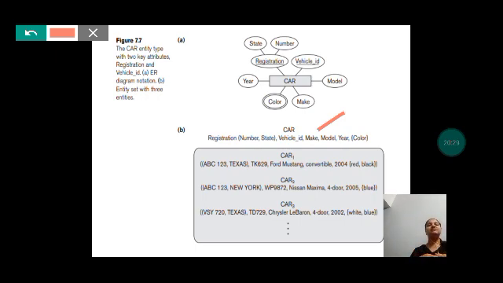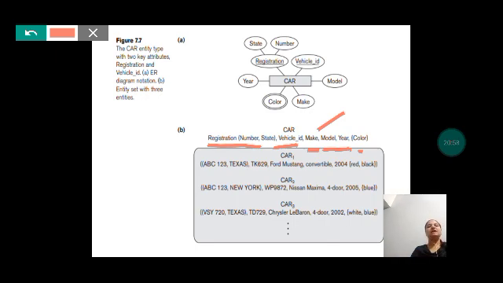So entity type is nothing but a schema or extension which describes the type of data that you can store in it. You can store a registration number for each and every car, and then vehicle ID, make, model, year and color. Only this data we can store, and only this same set of data can be stored for all the cars.